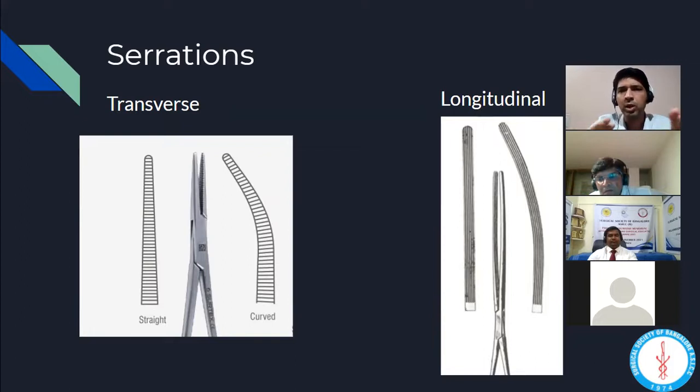It is something similar to having multiple humps on the road as against a single hump. You tend to slow down a lot more when there are multiple humps. So a transverse serration indicates that it's a traumatic forceps. Whereas,